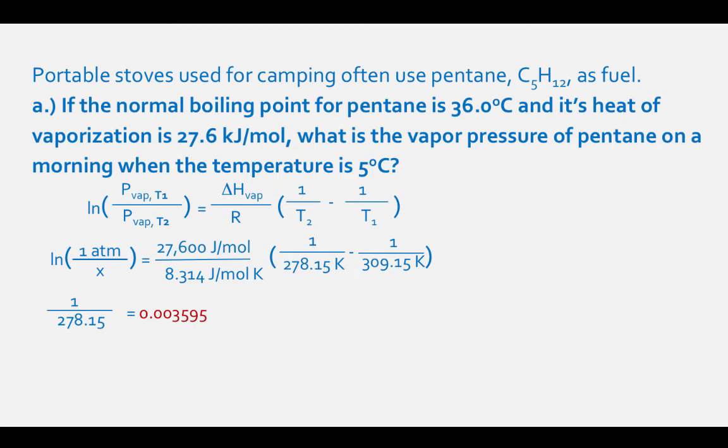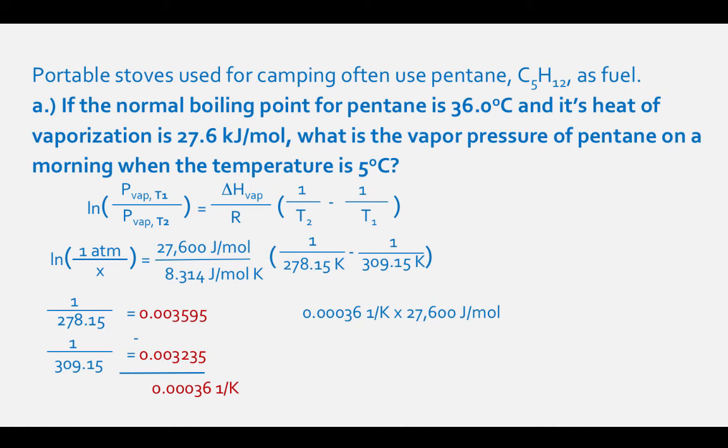1 divided by 278.15 equals 0.003595, and 1 divided by 309.15 equals 0.003235. Then, to subtract these two numbers, 0.000361 over Kelvin. Then multiply this times the heat of vaporization divided by the gas constant, equals